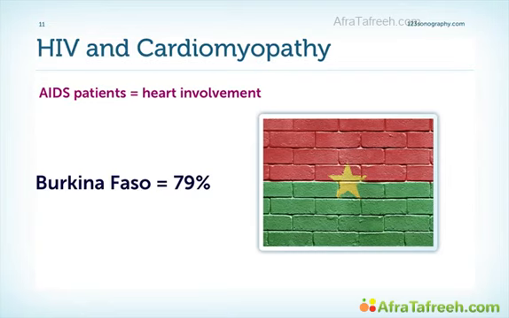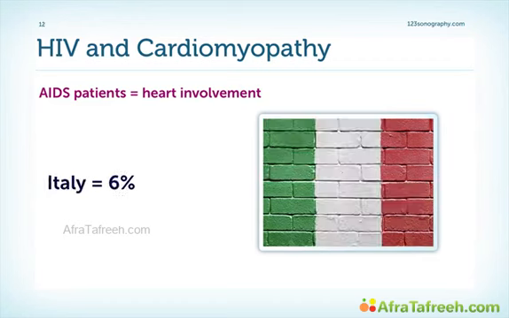I now want to turn to HIV and cardiomyopathy. Well, if we perform autopsy, we find myocardial involvement very frequently in patients with HIV infection. However, overall, the incidence of the disease varies strongly with the percentage of HIV infection in the population. For example, it will be fairly high or very high in Burkina Faso and fairly low in, for example, Western